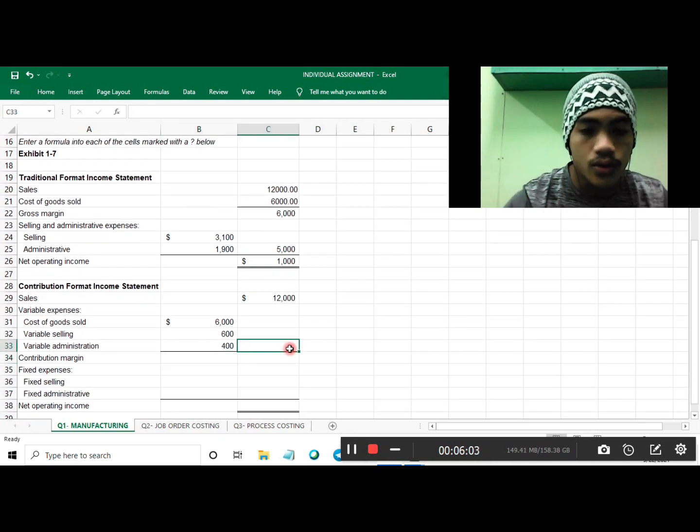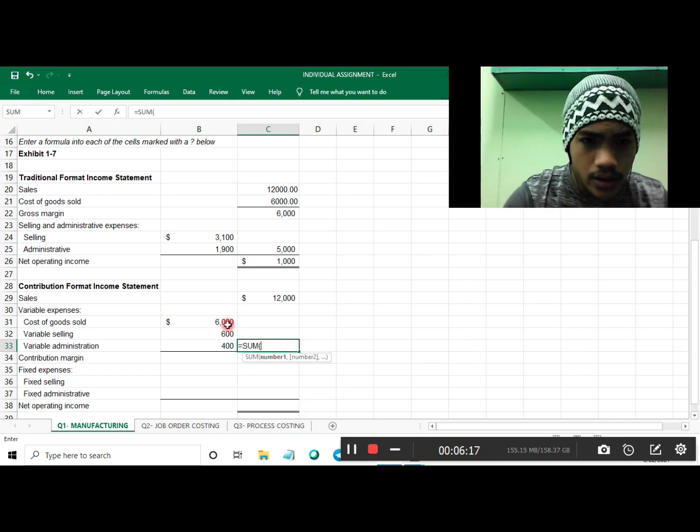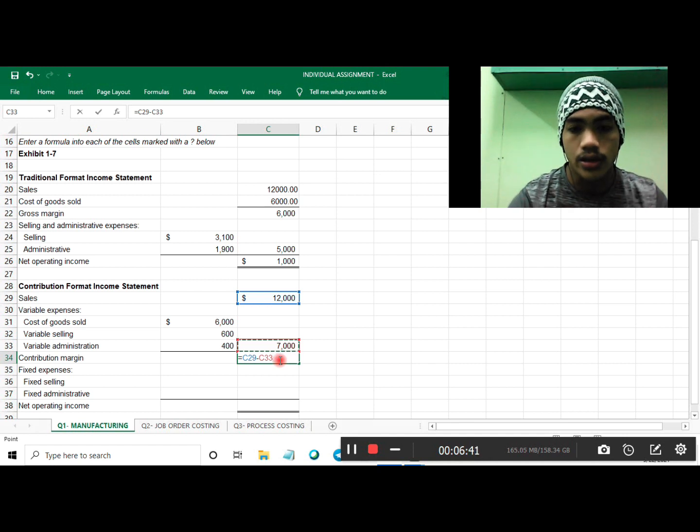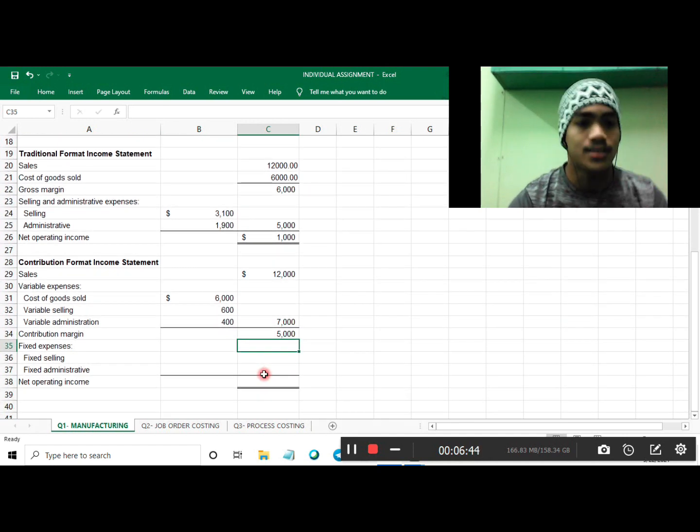So we need to total the variable expenses. Using the formula equal sum, the total variable expenses are 7,000, and then we need to minus variable expenses. So sales 12,000 minus total variable expenses 7,000, and then we get 5,000. So 5,000 is the contribution margin, and then we need to minus